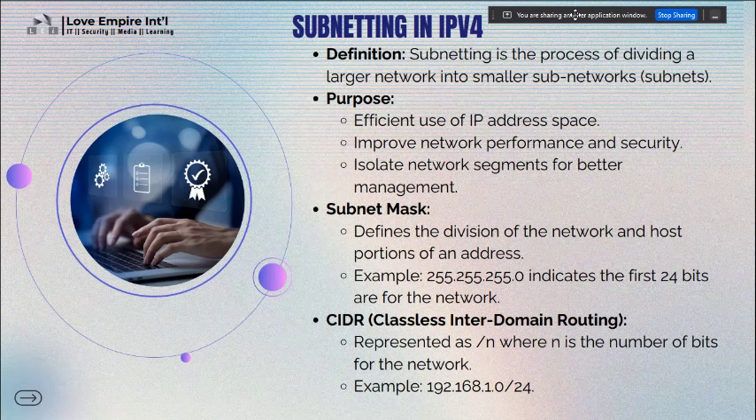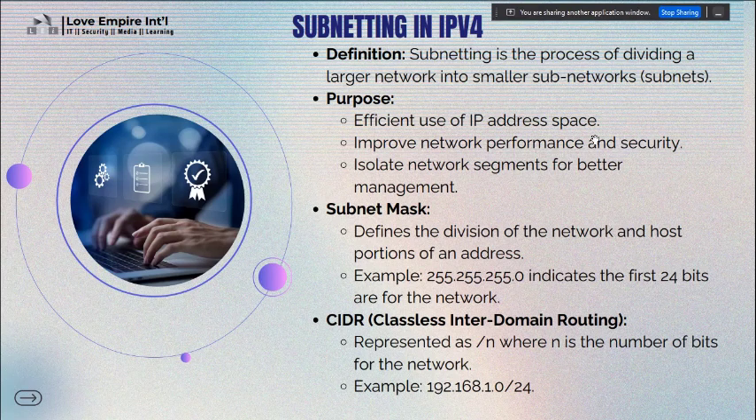Whenever you see a subnet mask like this, the first three octets, that is 255.255.255, represent the network, while the 0 at the back represents the host. Okay, so there's something called classless inter-domain routing, CIDR. Sorry for the disruption. So like I was saying, this CIDR, that's classless inter-domain routing,